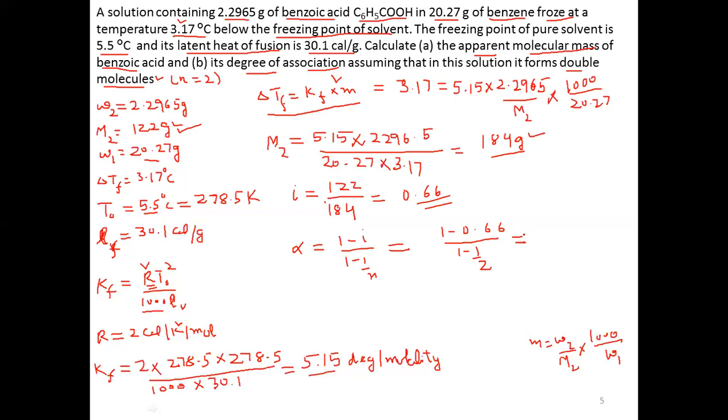It is 0.34 divided by 0.5. Half is 0.5, 1 minus 0.5 is 0.5, so it is 0.68. So this is our degree of association,